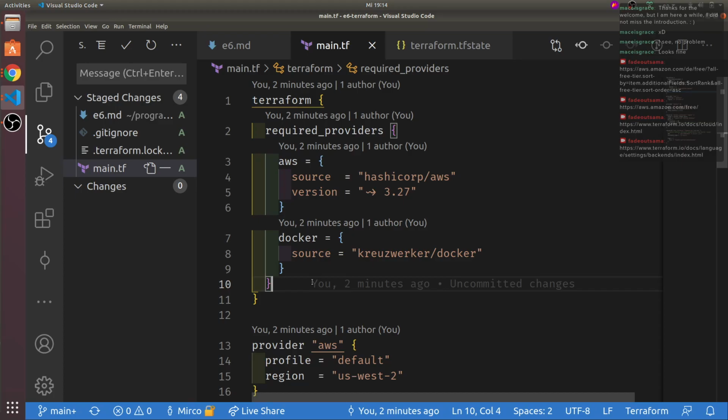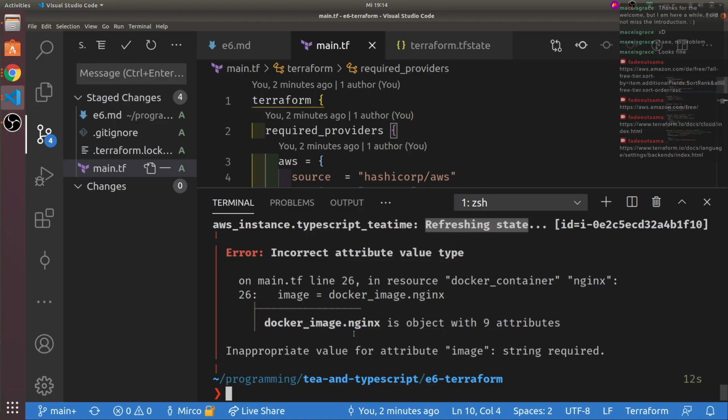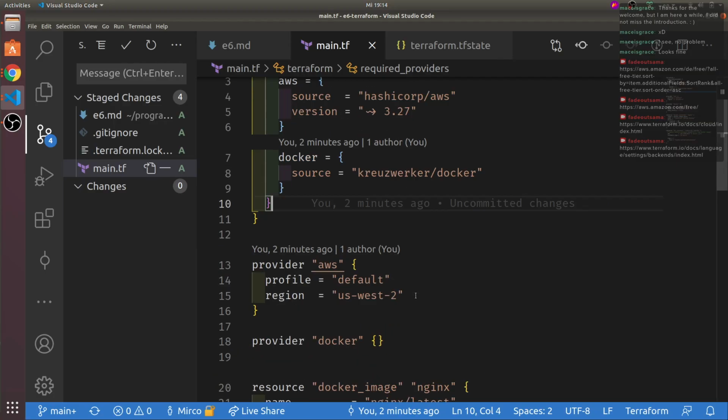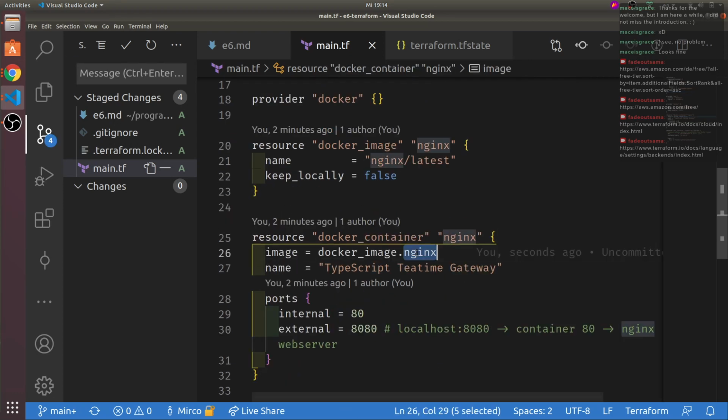Possibly, if whatever possible, it will reuse everything that's already there. If it cannot reuse it, then it will recreate it, which is pretty cool. So this one does not exist. This guy, I thought I would prescribe it like that and give it a name.